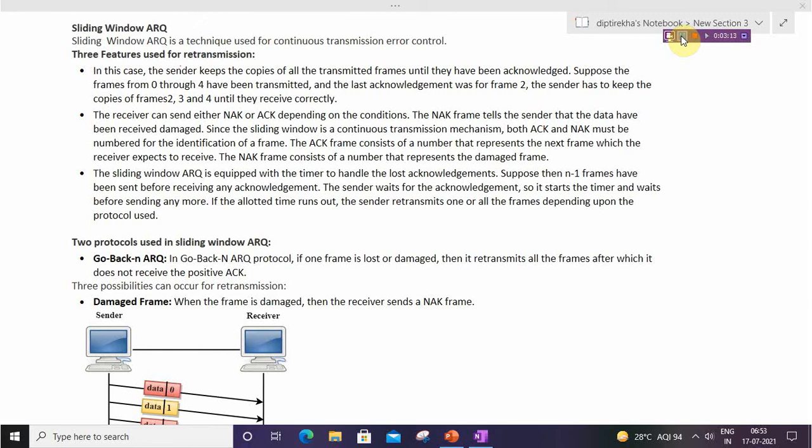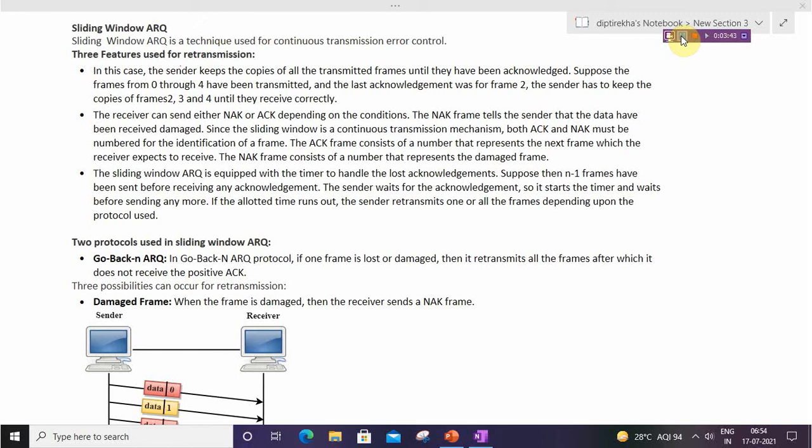The receiver can send either NAK, meaning negative acknowledgement, or ACK, meaning positive acknowledgement, depending on the condition. If it gets the frame correctly, it sends the positive acknowledgement, and if the frame is damaged or corrupted, then it sends the NAK. The NAK frame tells the sender that the data have been received damaged.